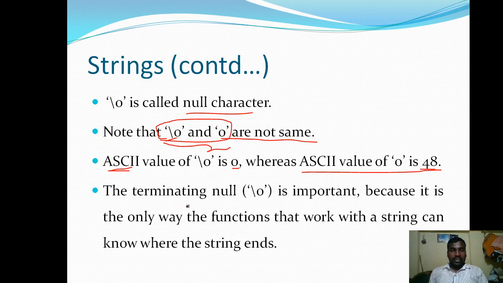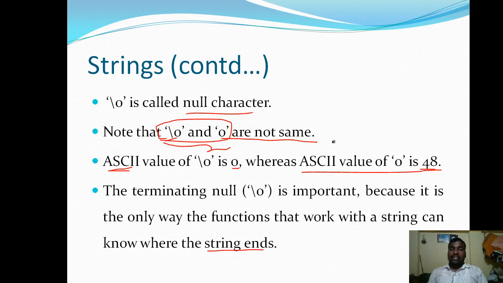The terminating null is important because it is the only way the functions that work with a string can know where the string ends. When we talk about strings as character arrays, the character array is a collection of characters.